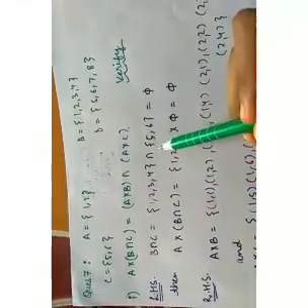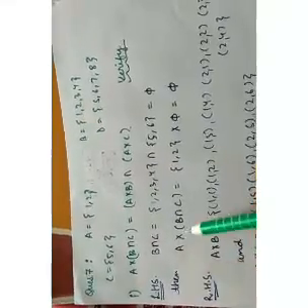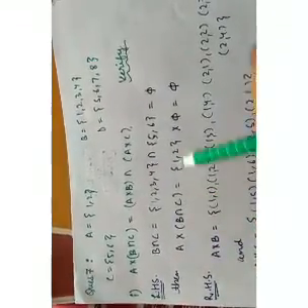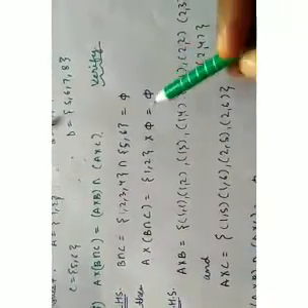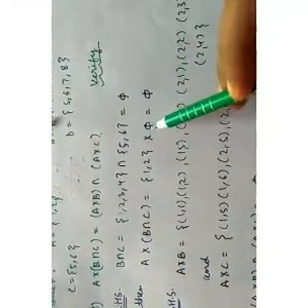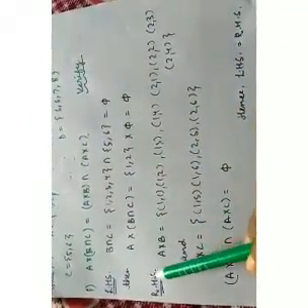There is no common element between the sets, and so their intersection is the empty set. Then A cross (B intersection C) equals the set A, which has two elements 1 and 2, cross the empty set, and it will come out to be the empty set. Now we will solve the RHS.